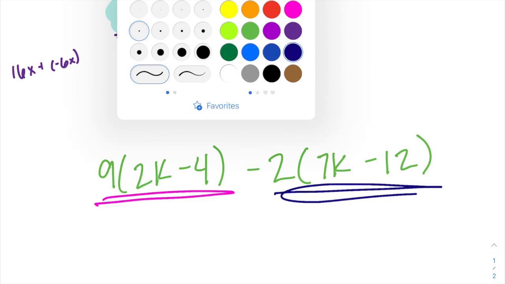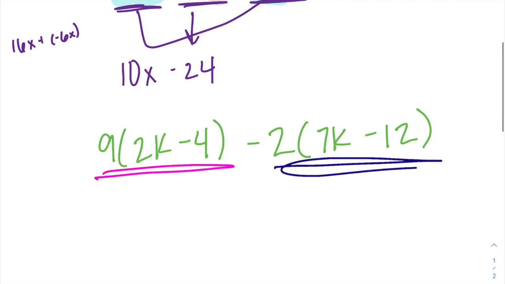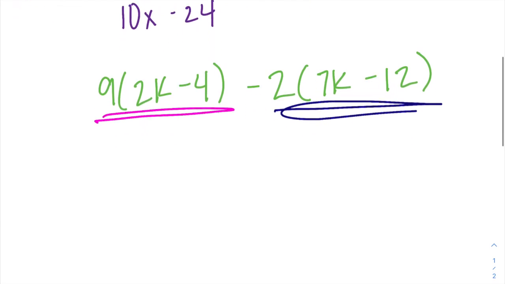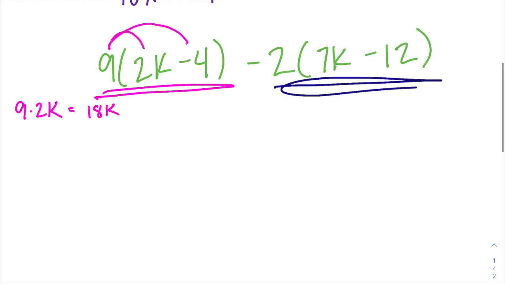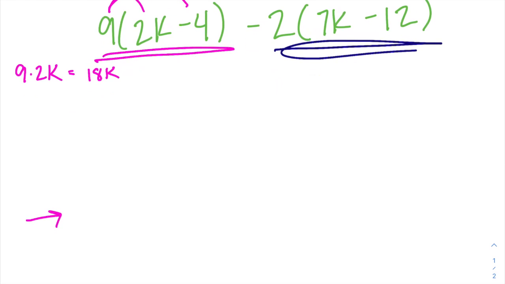My first step is going to be to distribute. We will start with the first set. I'm doing 9 times 2k, and then also doing 9 times negative 4. 9 times 2k, I do 9 times 2, which is 18, and the k comes along. I get 18k. We'll write the beginning of our answer down here. So I have 18k. I also have to do 9 times negative 4 because I am taking this 9